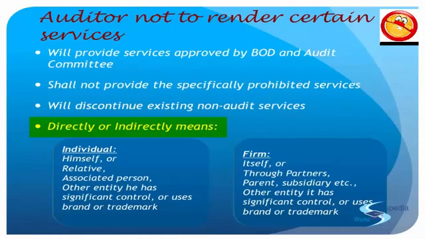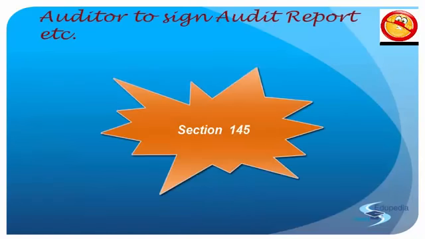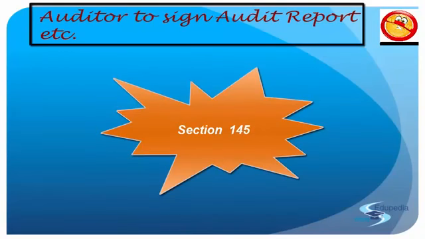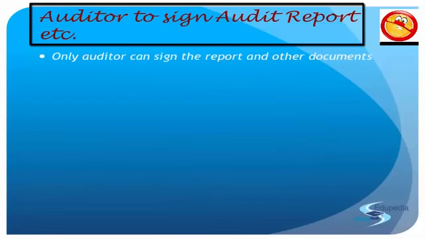You know the transition period, you know all of these. The next section that we pick up today is section 145, auditor to sign the audit report. Even this is a new section, section 145 of the Companies Act, 2013. Again, this came into force on the 1st of April 2014. So only the auditor can sign the report and other documents. When we say auditor, it means the person who has been appointed as the auditor of the company, right? So that auditor is authorized to sign the reports